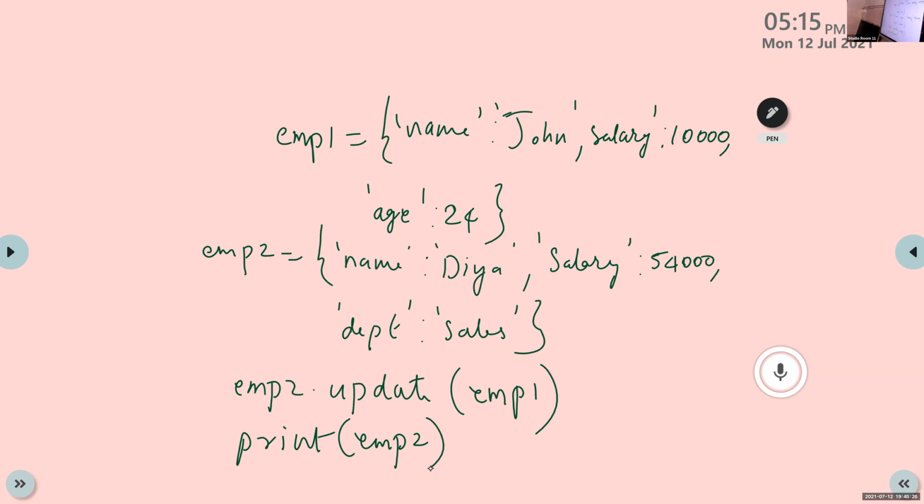Read the output, Ashwin. Ashwin, read the output.